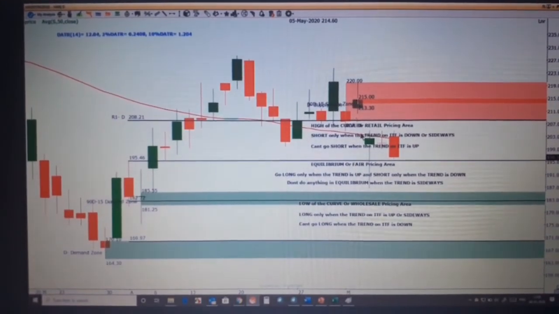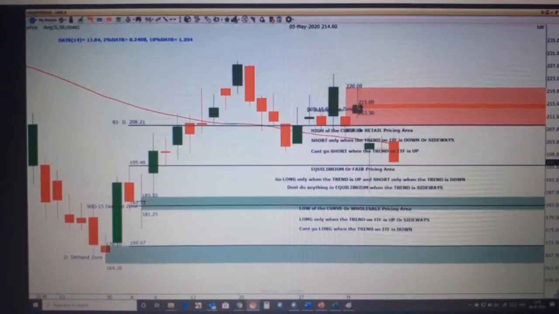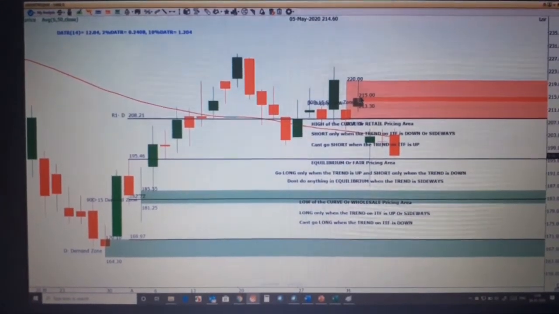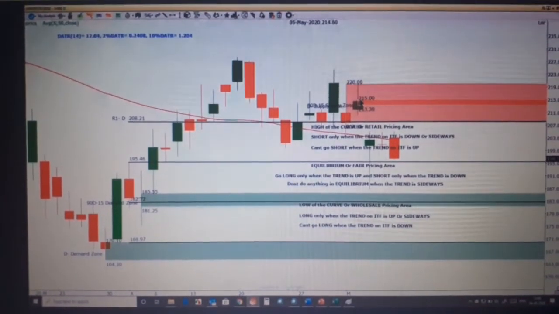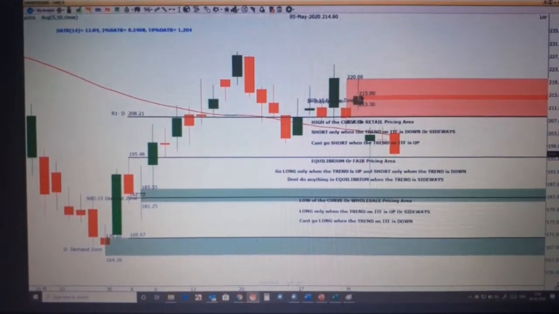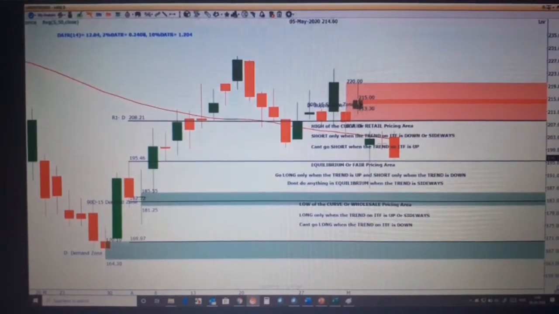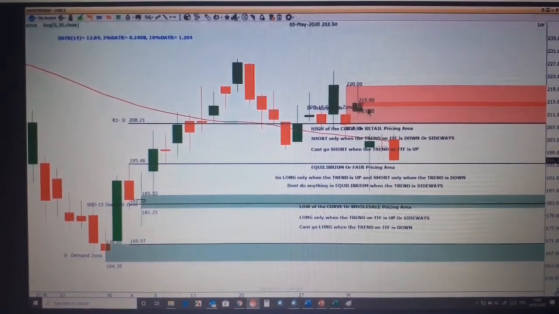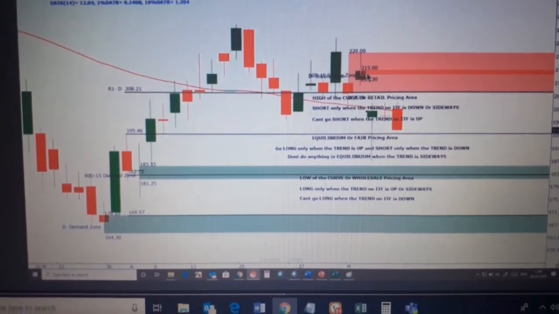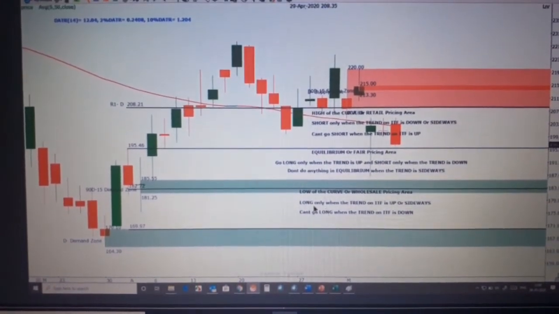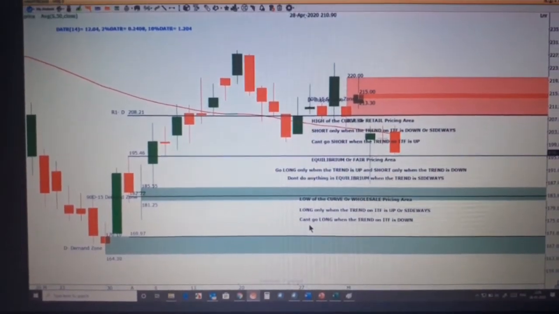Where are you, Pradeep? Is this zone closer to your higher time frame supply, or is it closer to your higher time frame demand? Higher time frame supply, right? Your zone is closer to your higher time frame supply. So that's the answer. You will be a seller. When your demand zone is low on the curve, that is the time you will buy.